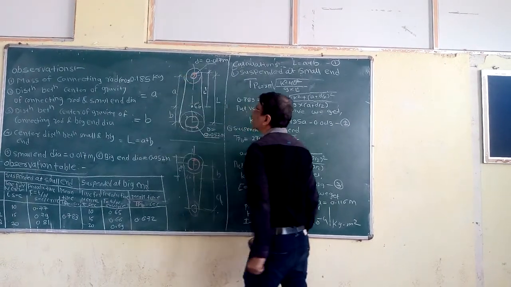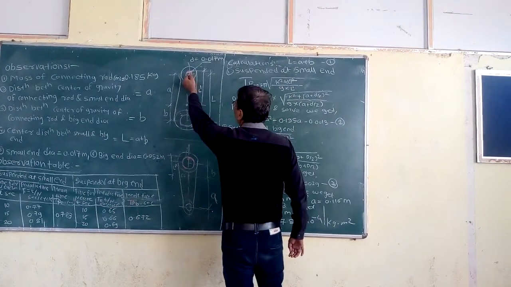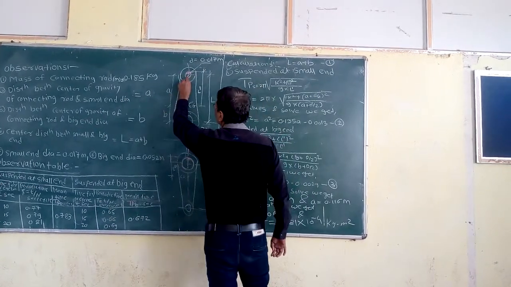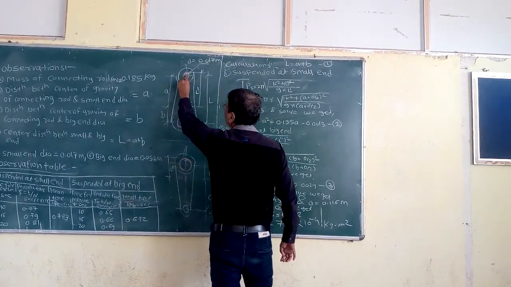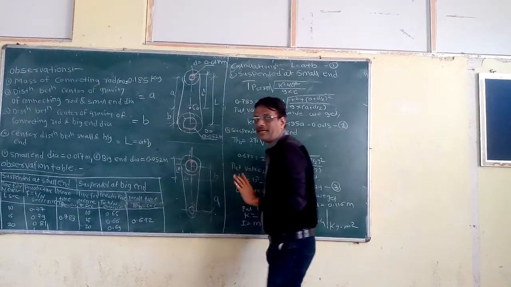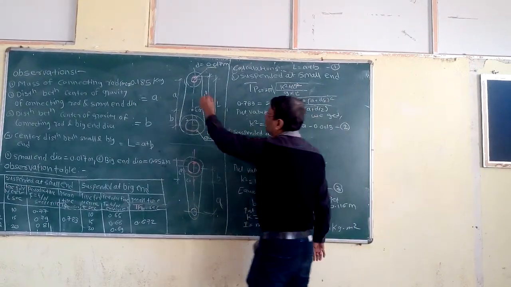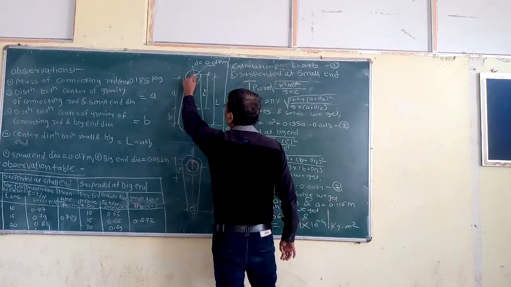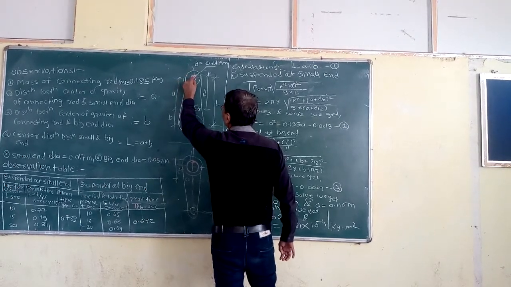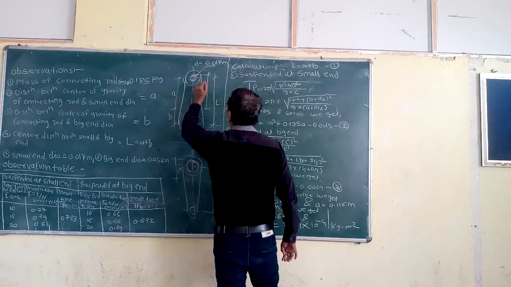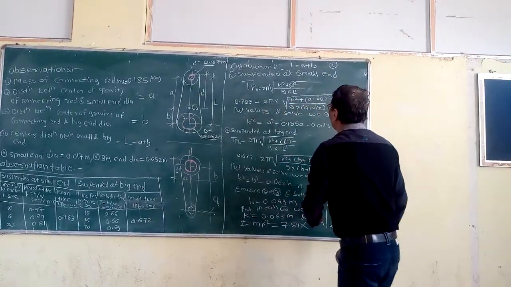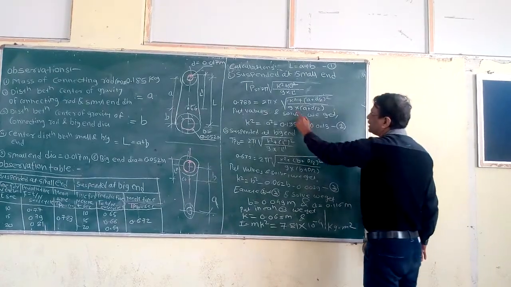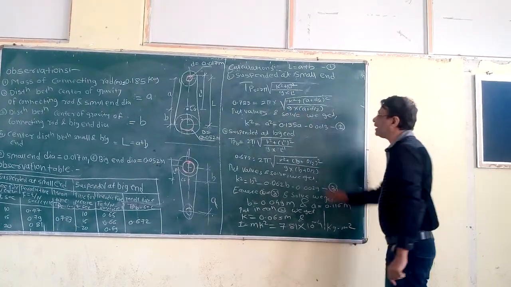This is going to be the radius. It is nothing but d by 2. So this distance from the center of the small end to the CG is nothing but a, and this distance is R. I want the distance of suspension from the small end. It is nothing but small d by 2. So it is k square plus (a plus d by 2) whole square, divided by g into (a plus d by 2).